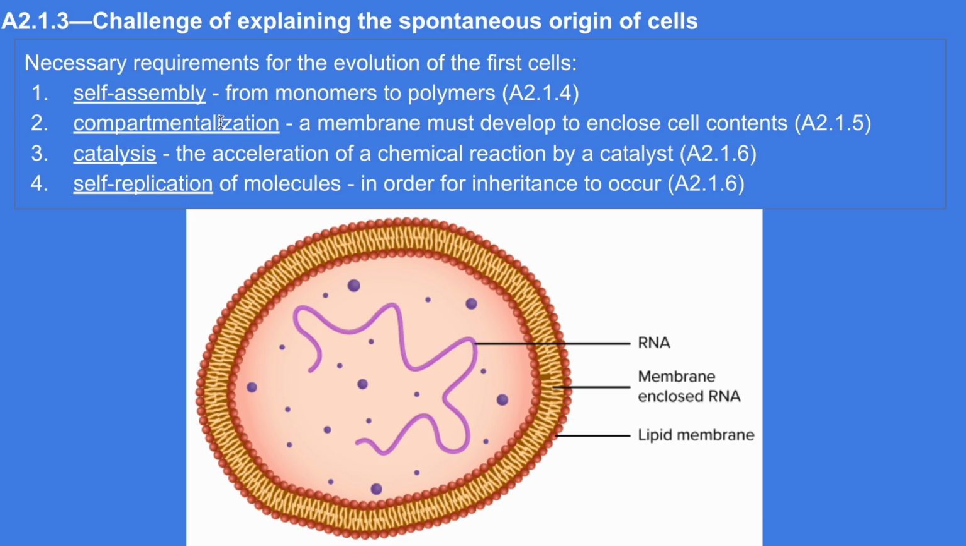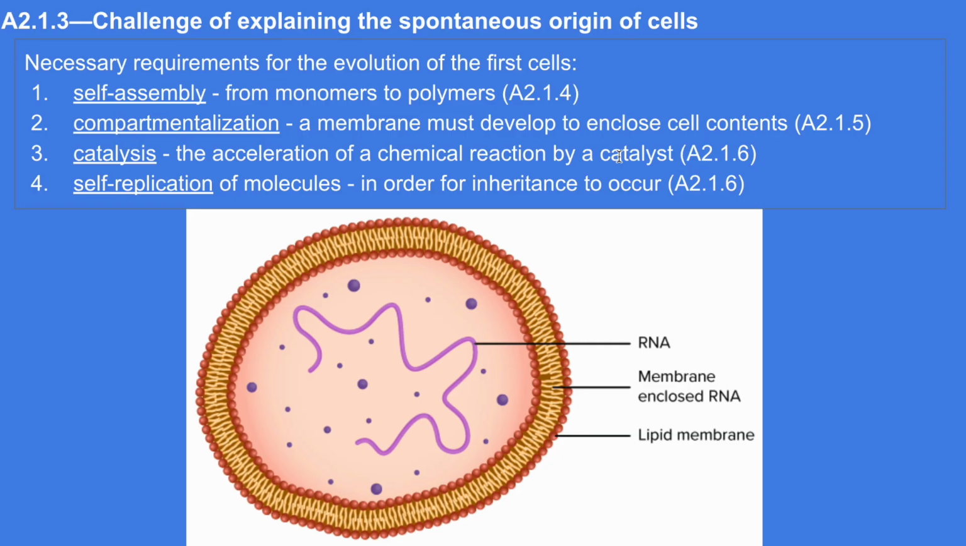Next, compartmentalization would have had to occur. A membrane must develop to enclose the cell contents. The cell itself has to be different from the environment. Catalysis must occur. Catalysis is the acceleration of a chemical reaction by a catalyst, and we're going to talk about